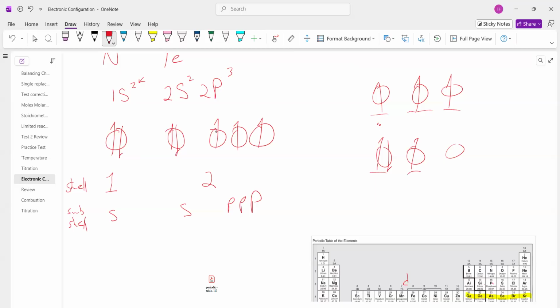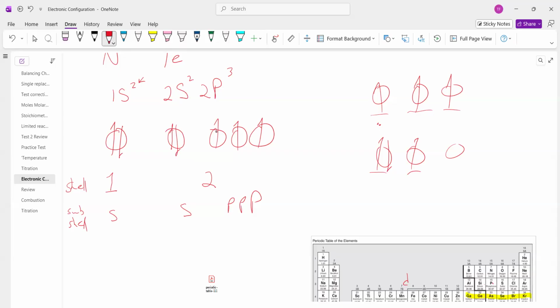Okay, so the way the P's are going to fill is first we put one in each one. If we have any left over, we go back in and then start pairing them up. There's a principle called the Aufbau principle that says that. But aside from all these names, just think strategically. What's most stable? Always think what's most stable. Okay, so this is what it's going to look like. Now,